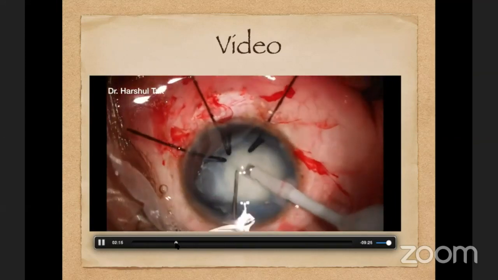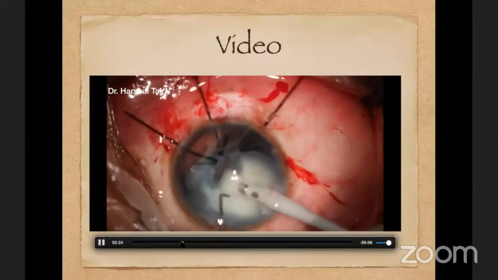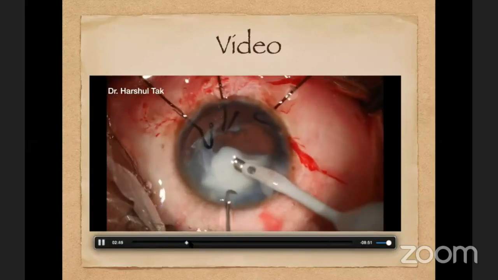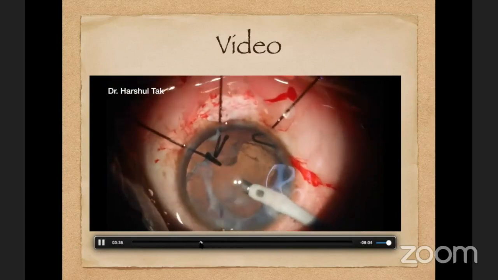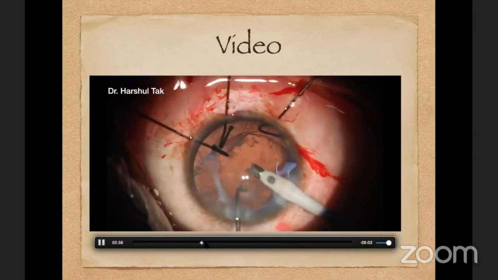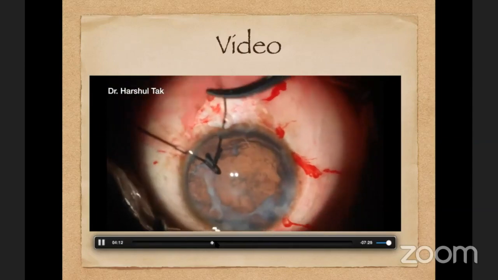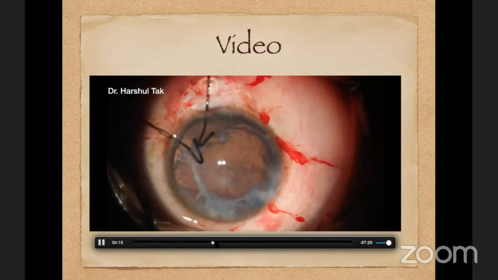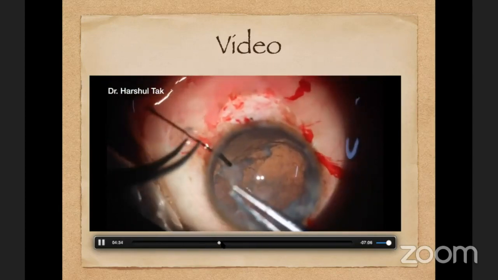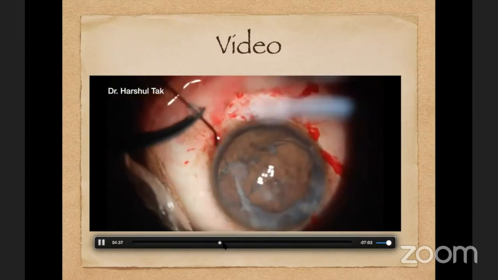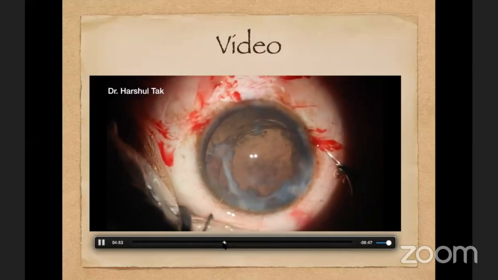you can proceed with phacoemulsification. It was a softer cataract, so I take off the entire nucleus, and once this capsular bag is empty, you take off the capsular hooks again and put a CTR ring here. If you plan to use a Cionni ring, then you can put a Cionni ring here, but here I'm using a CTR ring. So this is a freehand technique.